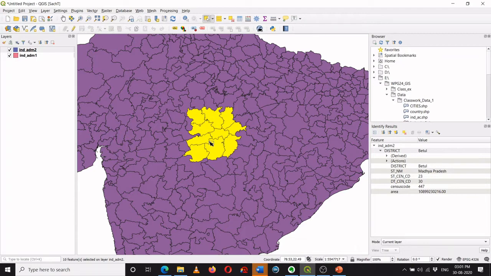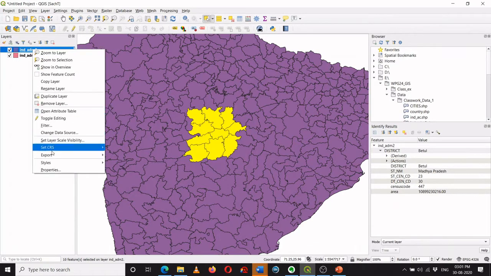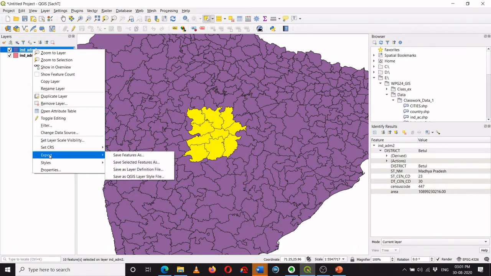I think there are some 50 odd districts in Madhya Pradesh, and as in the earlier method I will export those selected features from here. Export selected features, and here I will use the save selected feature as option.